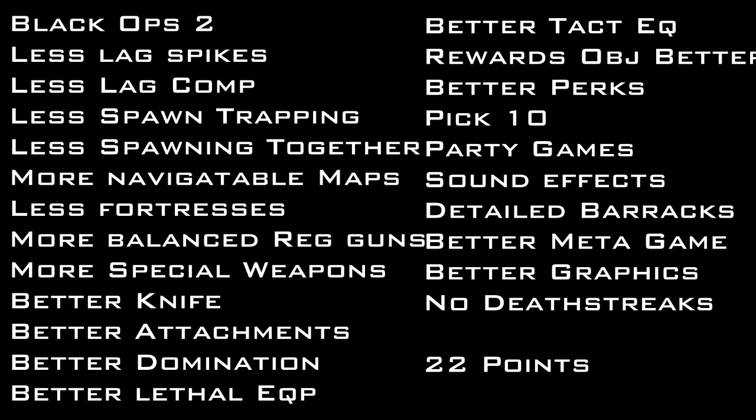So let's tabulate the results. We have Black Ops 2 with less lag spikes, less lag compensation, less likelihood of spawn trapping, less spawning all in the same spot, more navigable maps, less fortresses in maps, more balanced regular guns, kind of, more special weapons, better tactical knife, better attachments, better domination flag points, better lethal equipment, better tactical equipment, rewards objectives better, more balanced perks, superior but flawed Pick 10 system, better party games, better sound effects, better barracks, better graphics, better metagame, with a